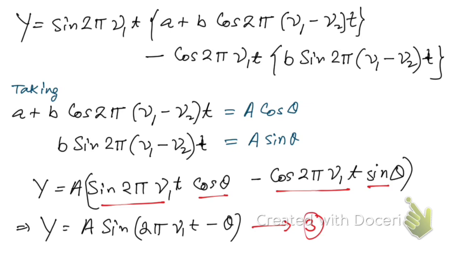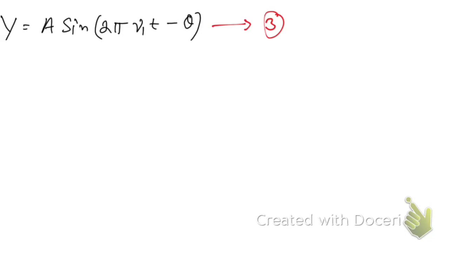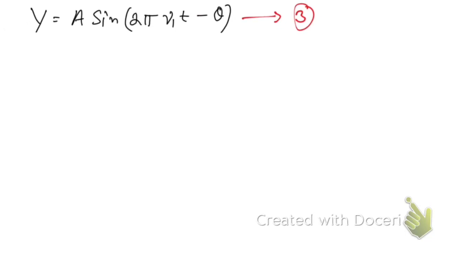So this is the equation for the resultant wave, right? That is what we have got, and this is its frequency. Okay, so hope you have understood this. So now let me copy this and let me go to the new slide. So here is the equation number 3 that we have got. Now what we are going to do,